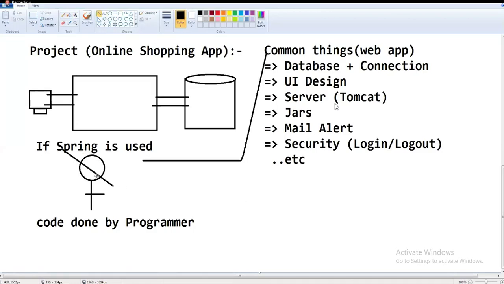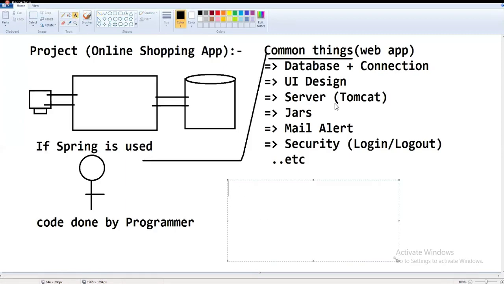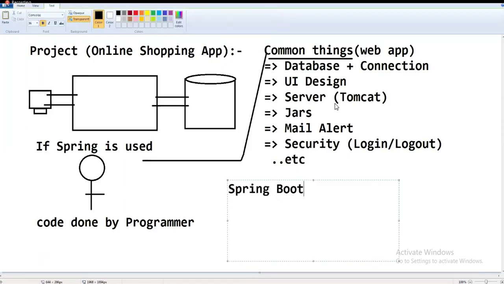We are going to use the Spring framework, and I want to develop the application. These are a few common things, and some extra will be there too. I'm just speaking about the common things here. These common things are done by the programmer, whereas coming to Spring Boot, if Spring Boot is used, common things are handled by Spring Boot only.